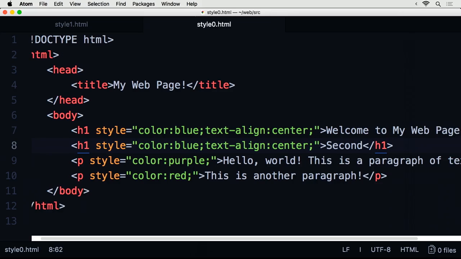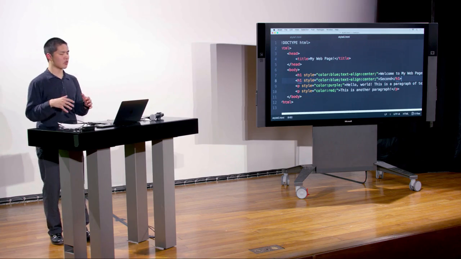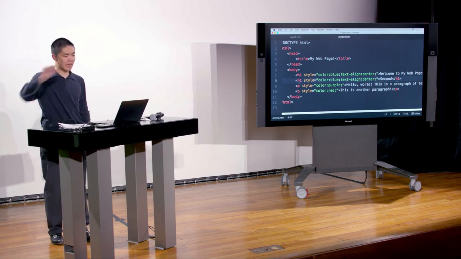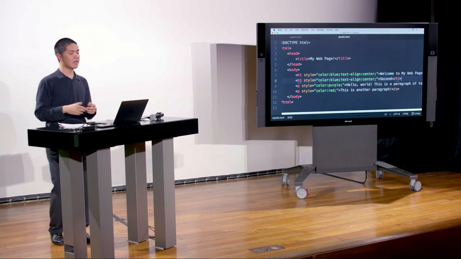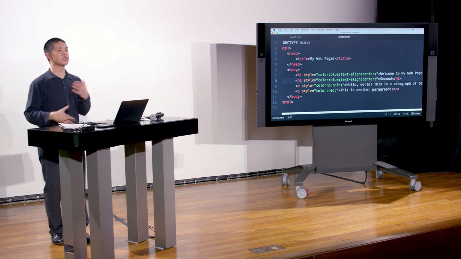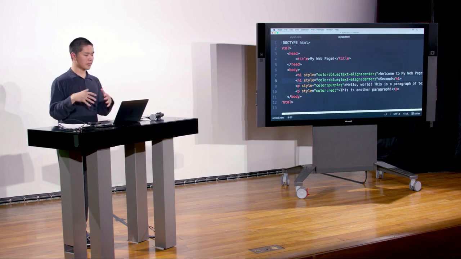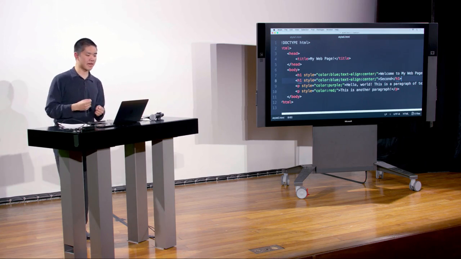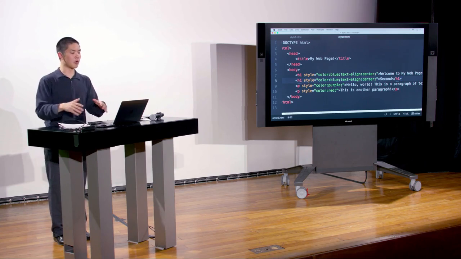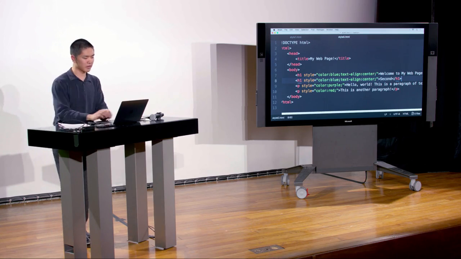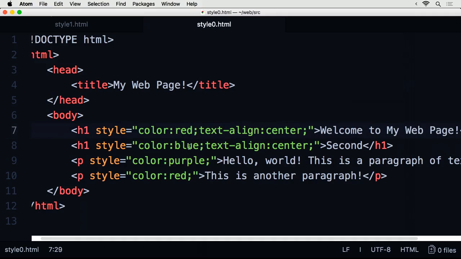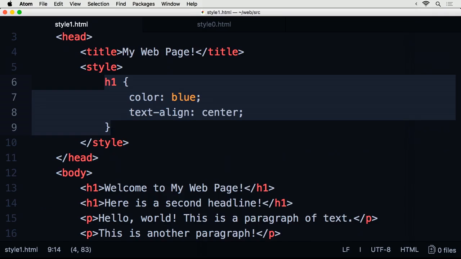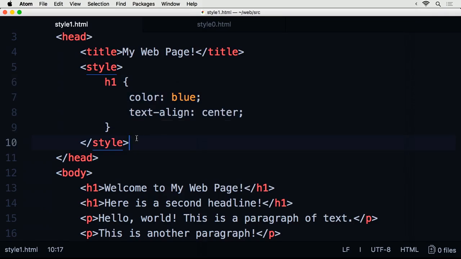And generally speaking, whenever you find yourself repeating the same code or even copy-pasting the same styling code again in order to apply it to something else, you should look for a better designed or a more elegant way of doing the same thing, because ultimately this repetitiveness gets difficult to maintain. If I want to change the headlines from blue to red, for instance, I now need to change the headline in 2 different places in my web page,